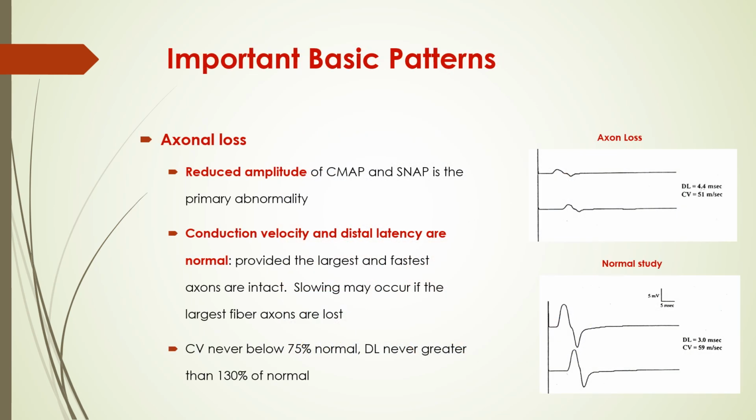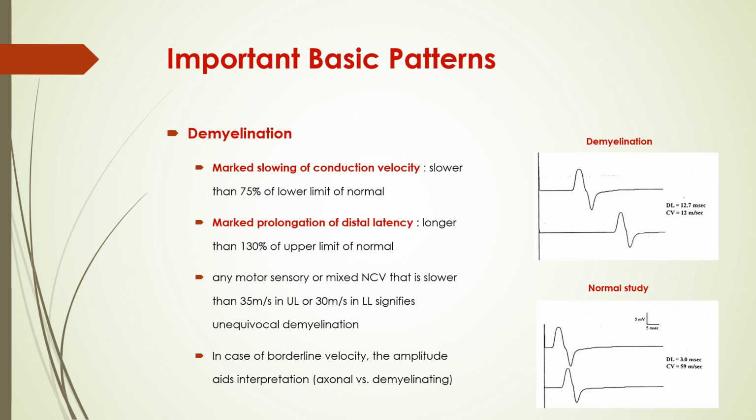Now the important basic patterns. We want to know whether there is axonal loss or only demyelination. In the case of axonal loss, the most important finding is reduced amplitude of CMAP or SNAP, whichever you are measuring. But the conduction velocity will usually be within 75% of normal, and distal latency will be not more than 130% of normal. So this is the classical pattern of axonal loss,